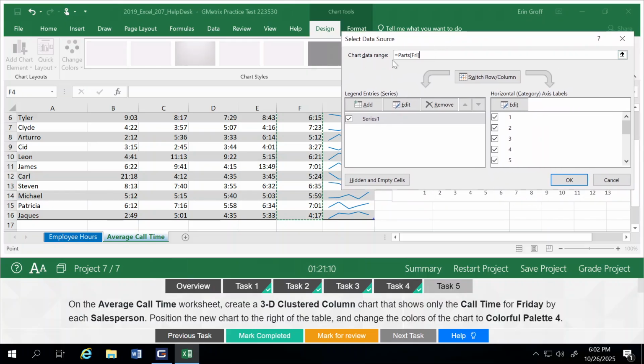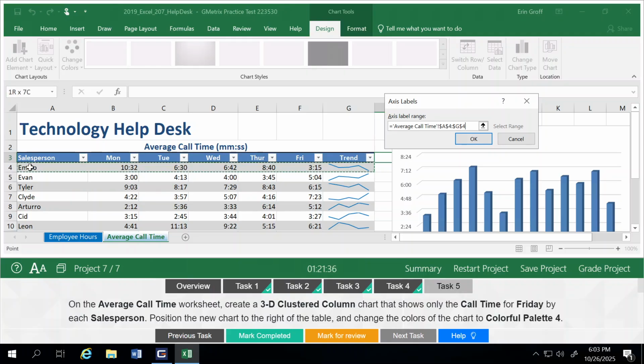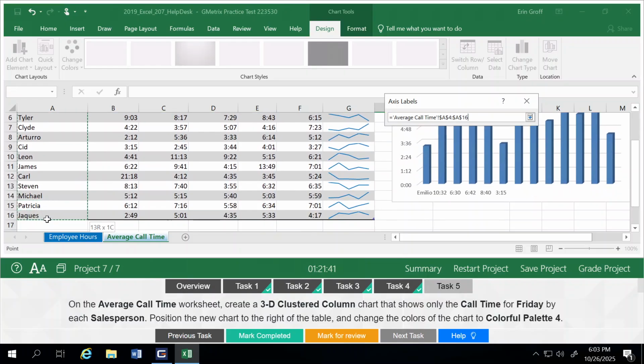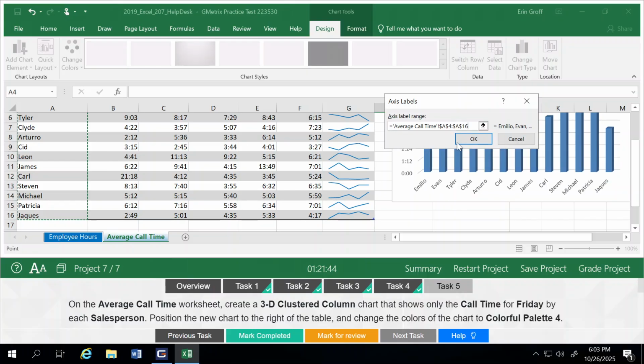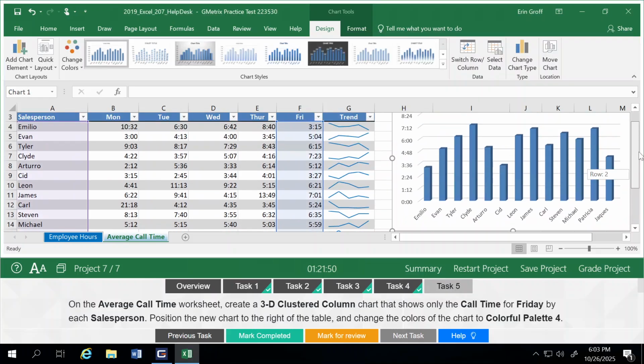It's going to update that to the table text, so that's parts of Friday. Then I'm going to click the Edit button in my Horizontal Category Axis Labels, and with my cursor blinking in the Axis Label range, I want to select from Emilio all the way down to Jacques. Click OK. Click OK from my dialog box, and now I have my chart updated,